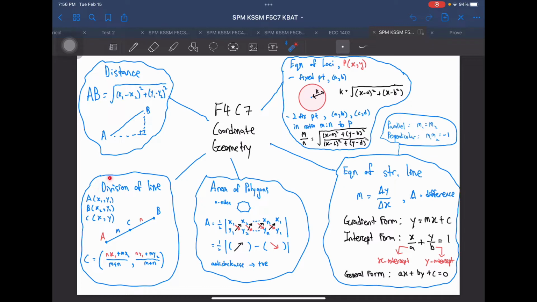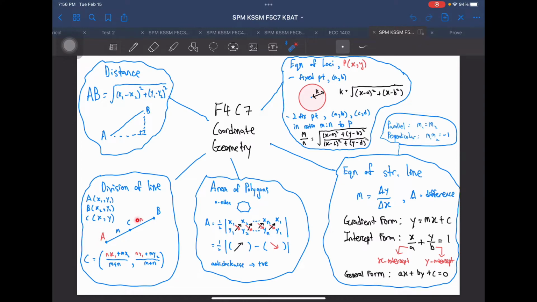Here is the second part, division of a line, where if you are given 3 points in a straight line and in a ratio of m and n, find the coordinate of C. Basically the coordinate of C is A times n, the opposite ratio, plus B times m, the opposite ratio, divided by m plus n, the sum of the ratio. So at the bottom part is always m plus n, and for the upper part, as you can see here, I use a red